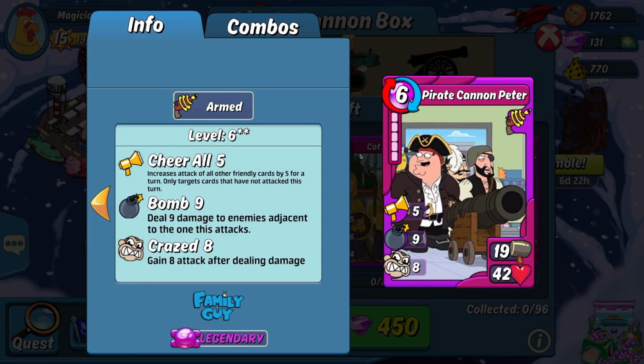The Cheer All 5 and the 9 Bomb is a nice perk for this card, and the 8 Craze is amazing, especially coupled with that 19 base attack. But that Craze is useless if your card doesn't have enough HP to live. You're not going to be able to get that off the ground if he's taken out, which, with a 42 base HP, outside of the RBG, when he doesn't have that shield protecting him,